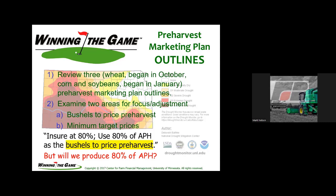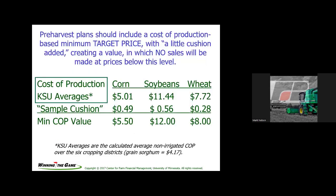The last crop conditions, 17% of the Kansas crop was in good to excellent. 52% of the Kansas wheat crop is in poor to very poor conditions. So I think really when we think about our wheat plans, we probably want to think about making some adjustments there. So the second thing is pre-harvest plans should include what we call a cost of production based minimum